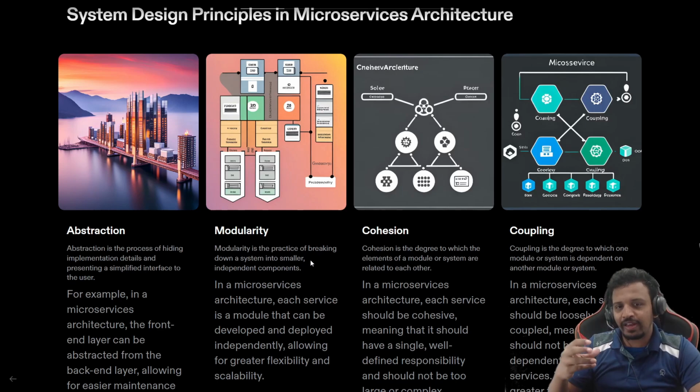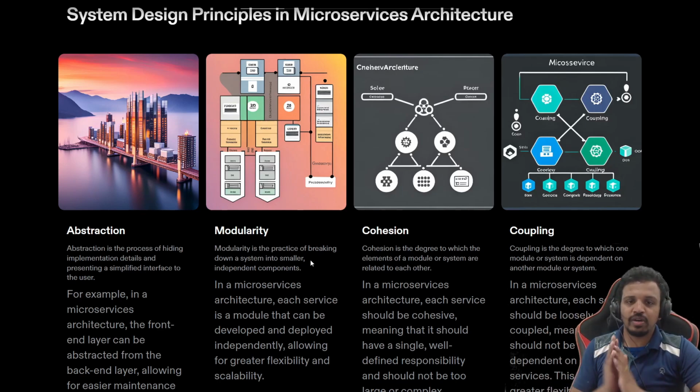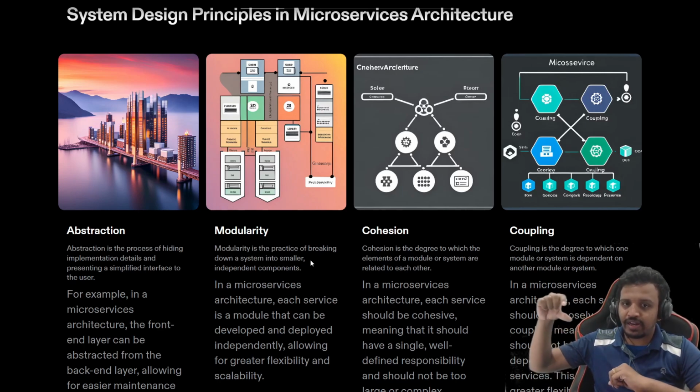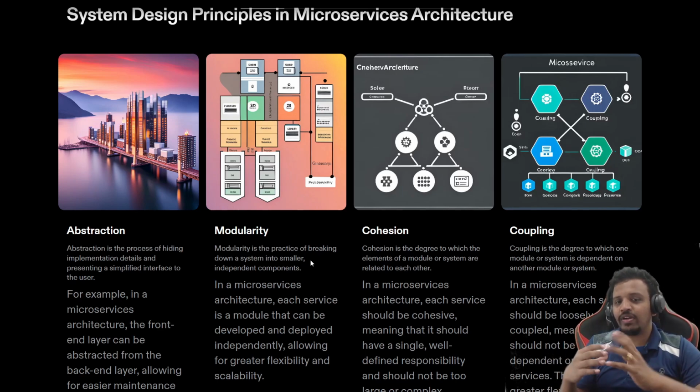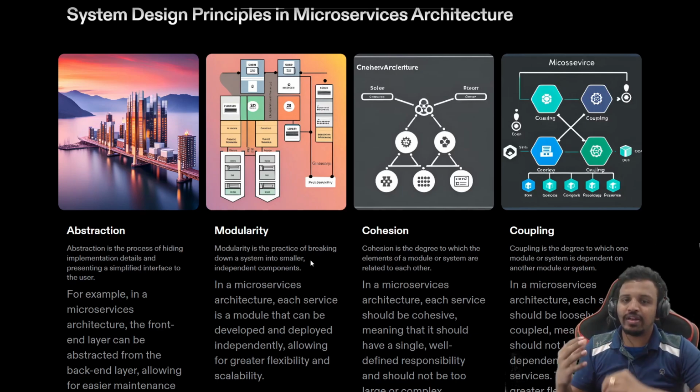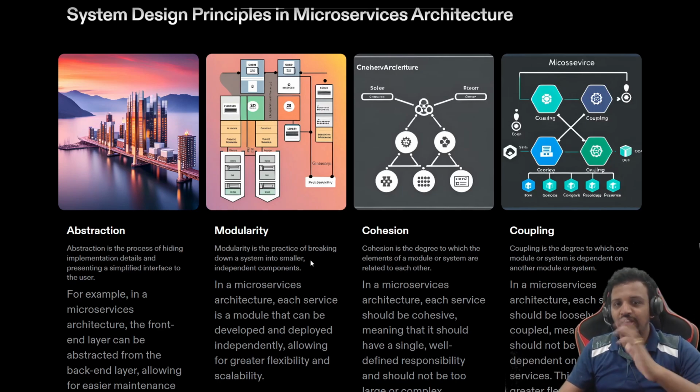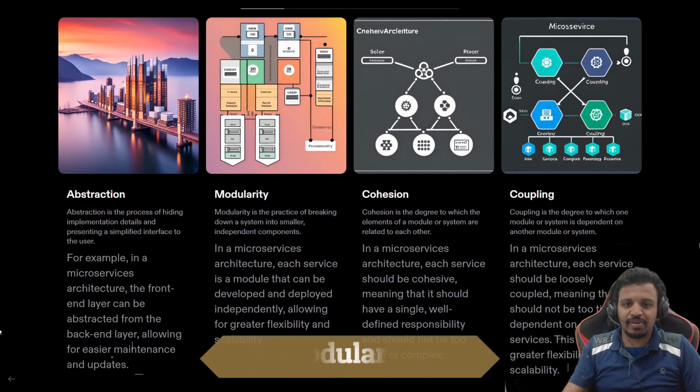Now why is it considered part of system design? Because when you are doing the architecture, there are multiple layers of architecture. At what layer, what amount of detail needs to be exposed, that needs to be considered with the help of this. Are you talking about architecture, component, module, or interface? What detail is relevant at what level of architecture, all that comes under abstraction. Of course, it is also going to help us in designing the actual programming interfaces. We are going to see that as part of design patterns.